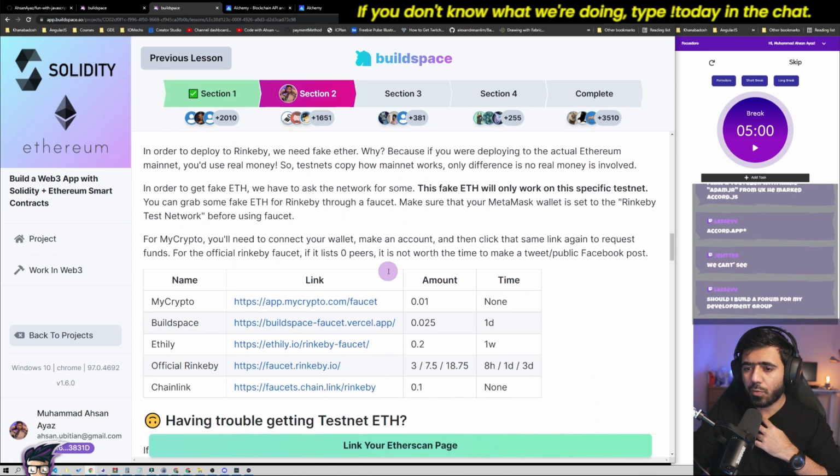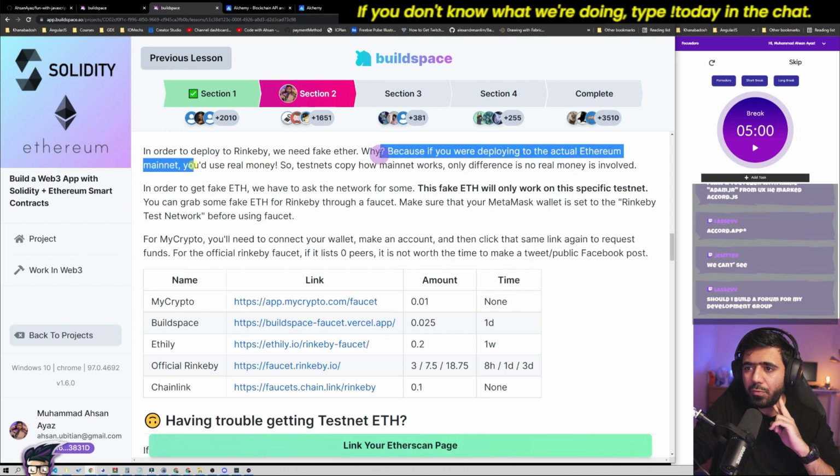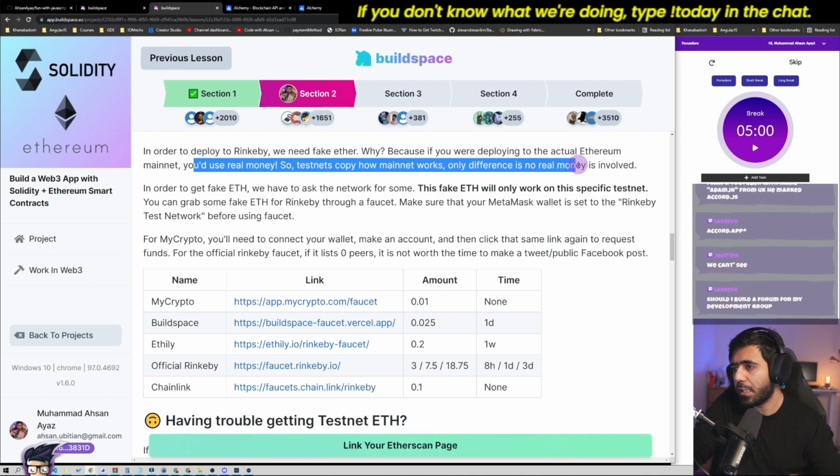Cool. So here, in order to deploy to Rinkeby, we need fake ether. That's because if you're deploying to the actual Ethereum mainnet, you would use real money. So testnets copy how mainnet works. The only difference is no real money is involved. In order to get fake Ethereum, you have to ask the network for some. This fake Ethereum will only work on this specific